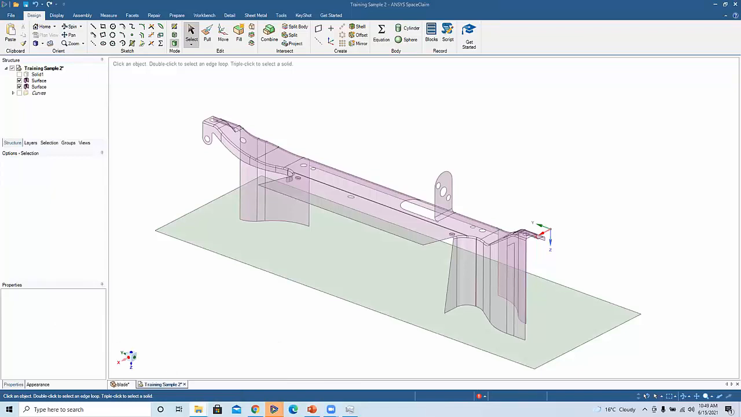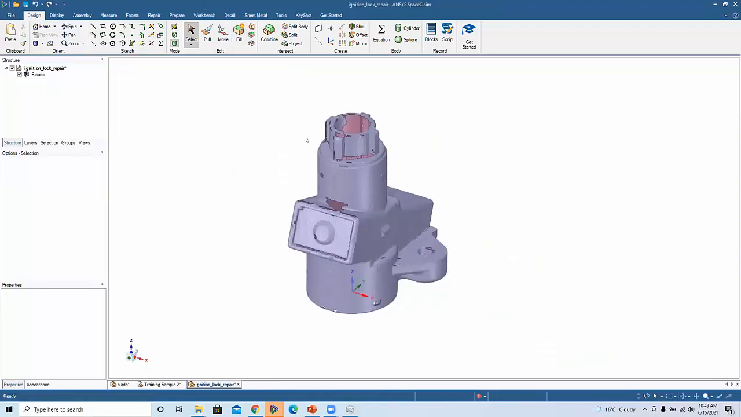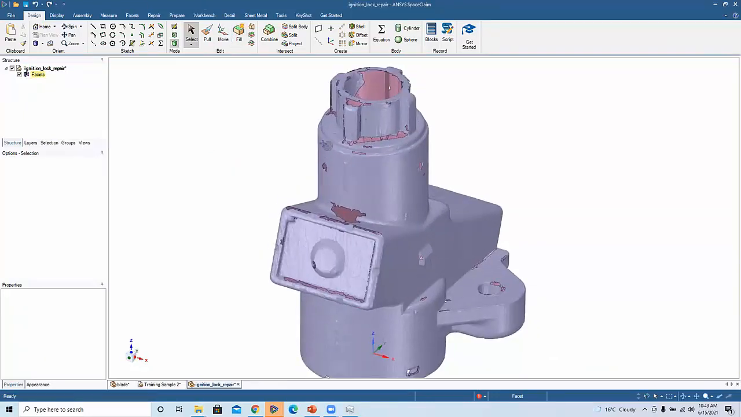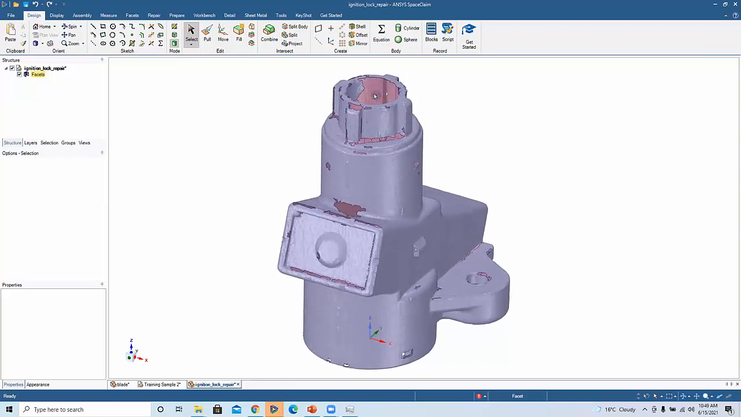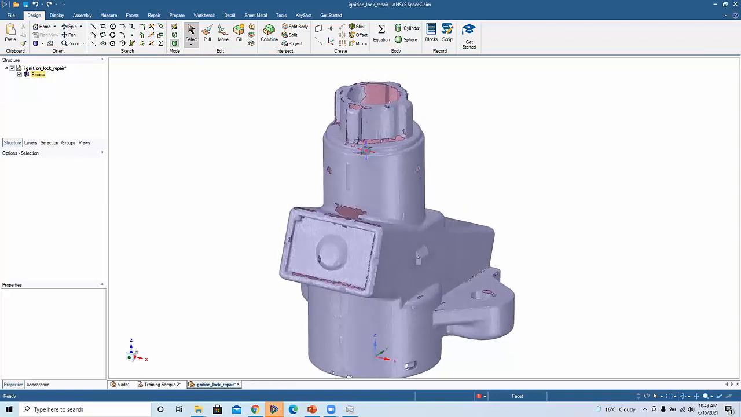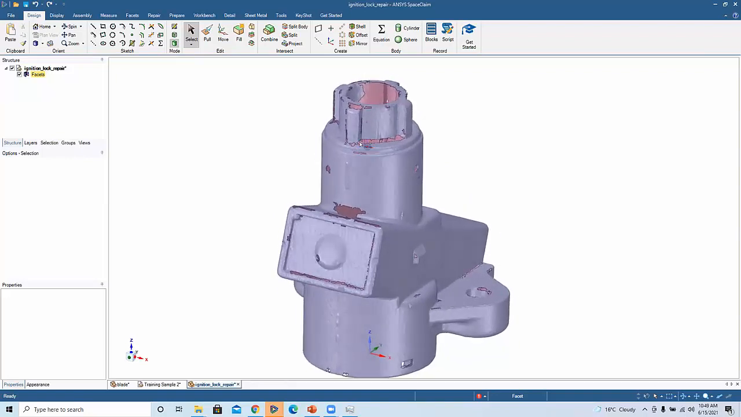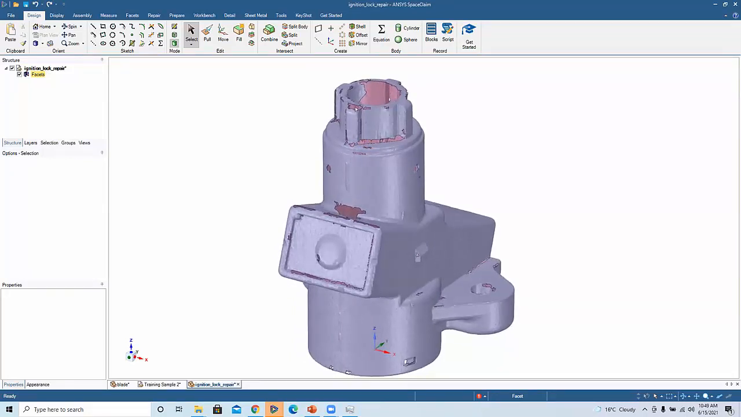So I'm just going to bring in a mesh file. What a mesh file is, essentially, some people use STL files or OBJ files, and they use these files to do 3D printing or reverse engineering. So this is an example of a scan of a part that would be partially scanned, because